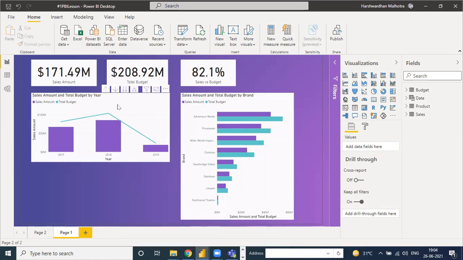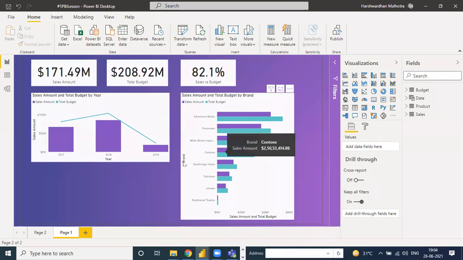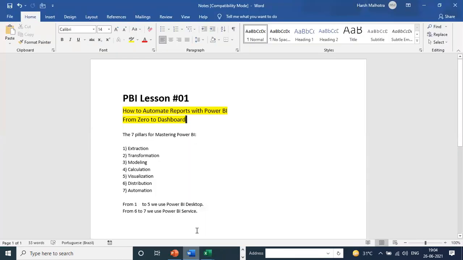So, like this. I have one refreshment file with sales amount, budget amount, total sales and budget by year, and sales and budget by brand. We are working on the dashboard, and these are charts, called visualization. We are making this type of visualization in a new file. First of all, I just want to clear that your part is a theoretical part. In this session, we are going to clear all these steps. And what are these steps?